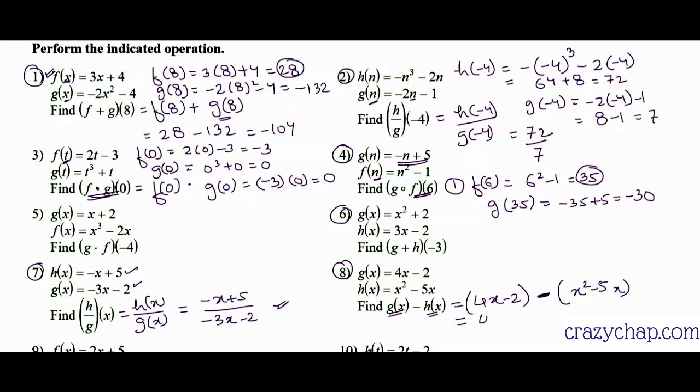And then we break the bracket. So 4x minus 2, and then while breaking the bracket, it will change the sign of the inside part. So negative x squared plus 5x, right guys? And then we simplify. So 4x and plus 5x will be 9x, and minus 2 we cannot do anything with, and minus x squared is minus x squared. So guys, this is my answer. Good. Let's move on to the next question.